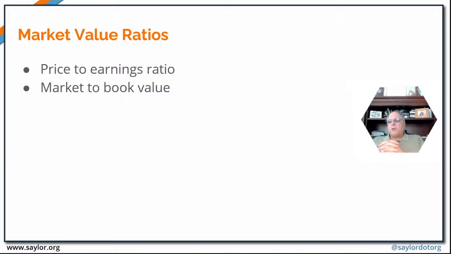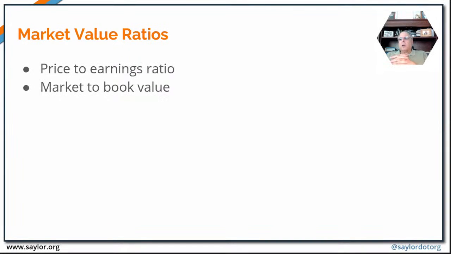Now, a couple more ratios that I think are very important for us to think about in our business, because it goes to what value are we creating? One of the key responsibilities of the management team in any business is to create value. It means, how do I make the business worth more week over week, quarter over quarter, year over year? Am I creating value for the owners and shareholders? And two key measurements that we're going to look at are the price to earnings ratio and the market to book